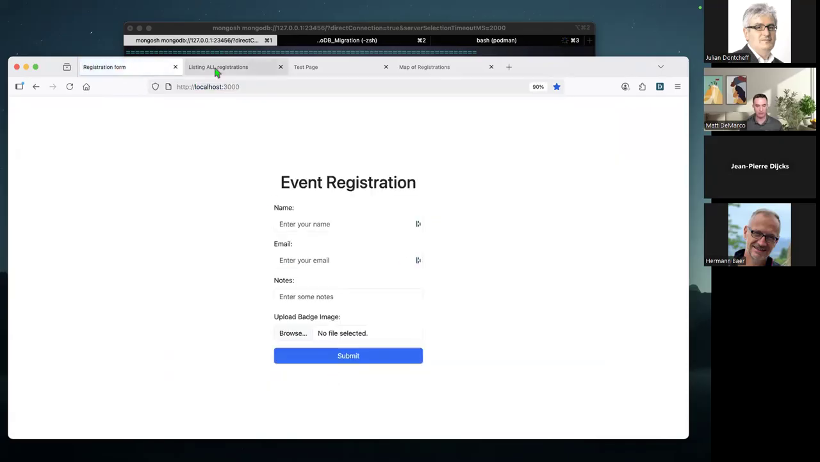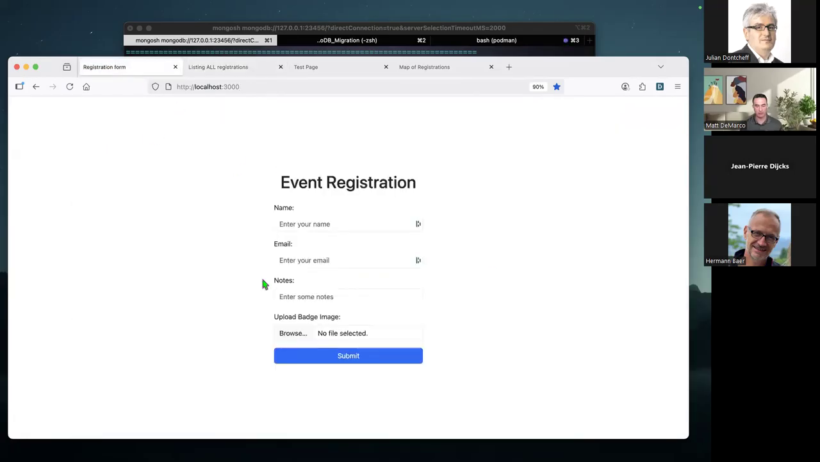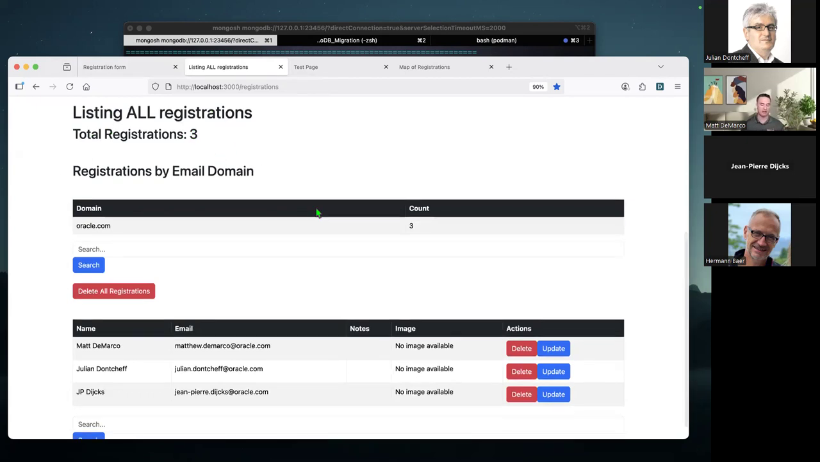And so now we have a new user in our database. You'll notice here, this is how our users enter their information for our event, our conceptual event. And then we have a registrations page that shows all our users. And so our total count of registrations, the registrations broken down by our email domains, and then the individual listing